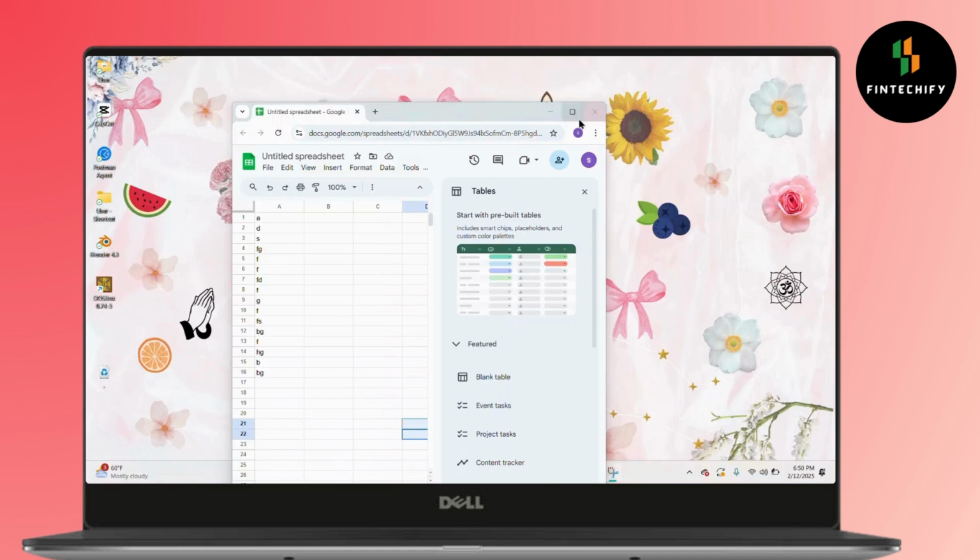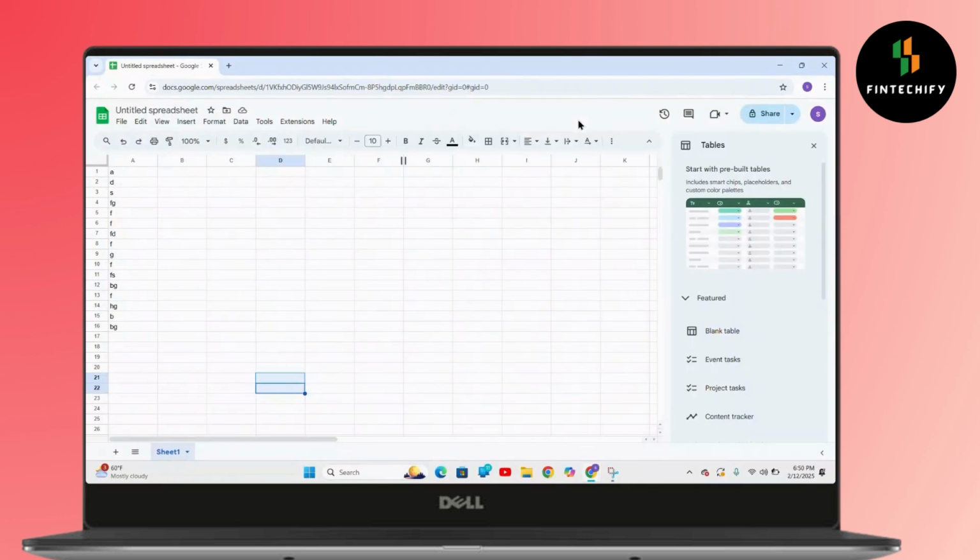So first, launch your Google spreadsheet or your Microsoft Excel. After that, here as you can see, I have created some random data. Now, in order to